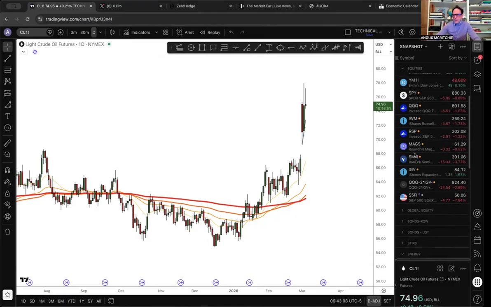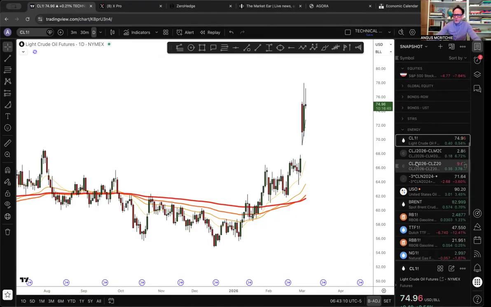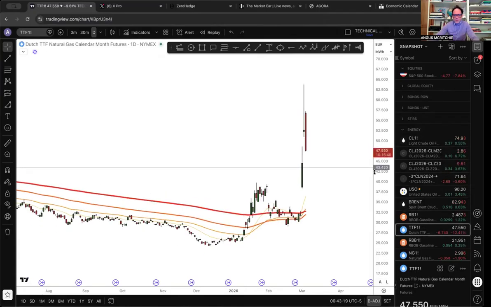So first of all, as I said, this is having some knock-on effects, and I'll get back to equities in a second. We see here that obviously oil prices are elevated. Over in Europe, the global benchmark for nat gas has come down somewhat, which is good news, to under 50 euros. But you can still see it's very, very elevated compared to where it was in the mid-20s to 30s.